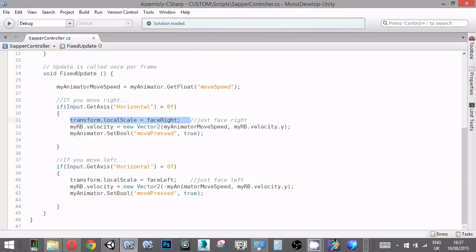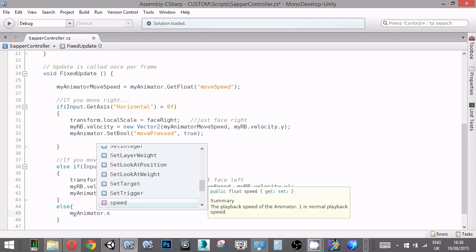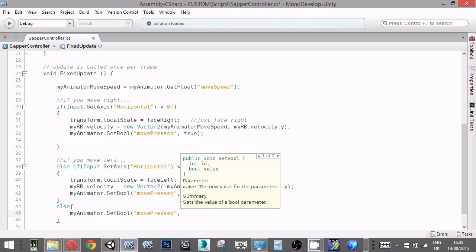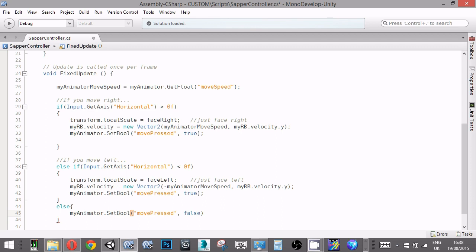So I have to put in something here to say if none of these things are pressed. Actually, this should be an else if here, because you can't be above and below 0 at the same time. So I'm going to just underneath this if statement say else. So if neither of those things are true, close the curly brackets as well, because I always forget to do that. My animator dot SetBool, and put it in quotes because it's just the name of the parameter, reading it as a string, is going to be false. End the line. So if I save that then and go back to Unity,